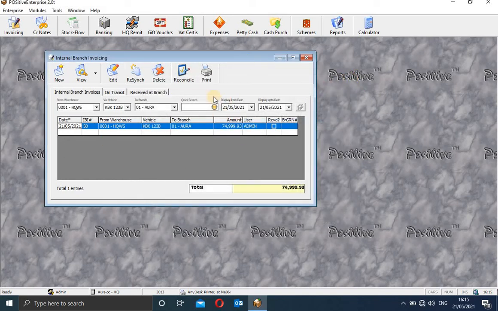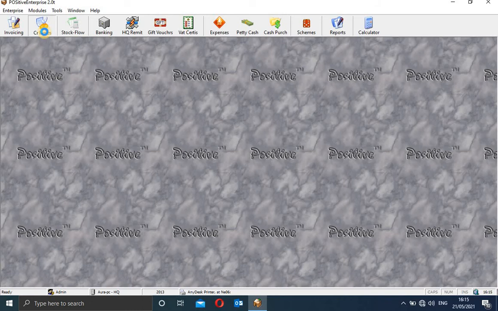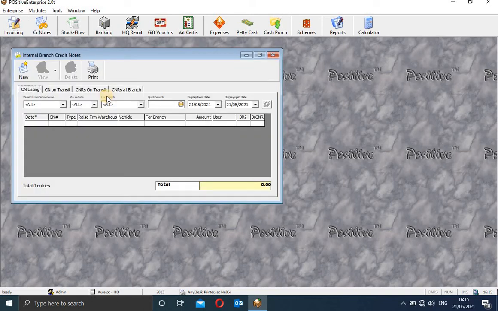So that is how you do internal branch invoicing of a branch. At the same time, if you've sent stock, those stocks can also be returned, and this is where you raise a credit note. The credit note is to move stock from the warehouse, with this car, to this branch.